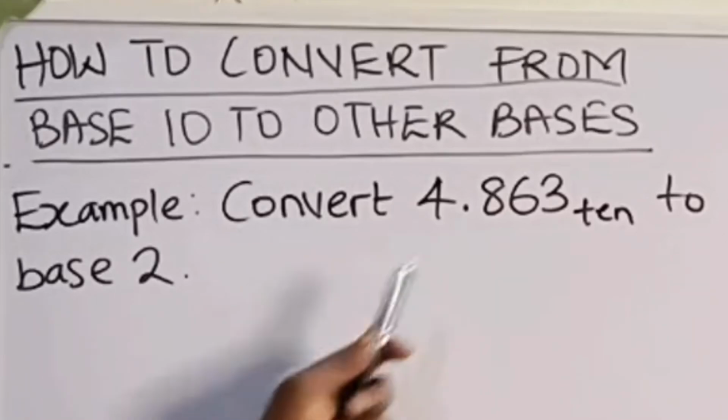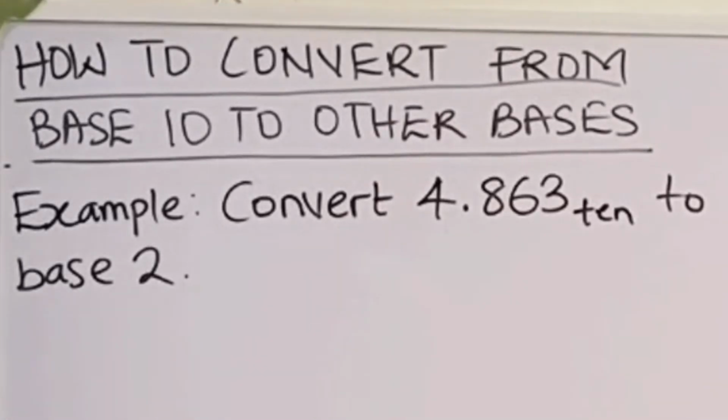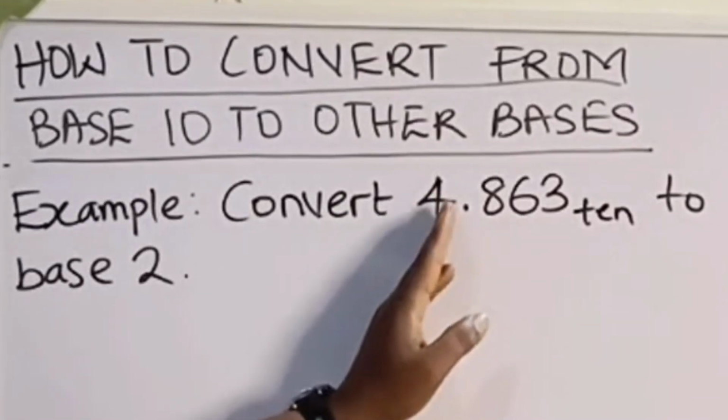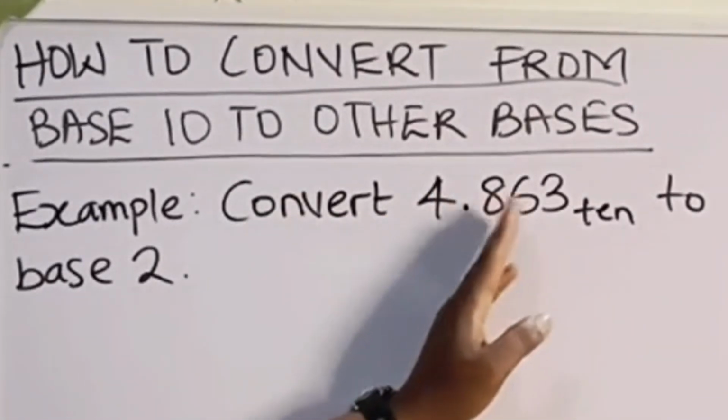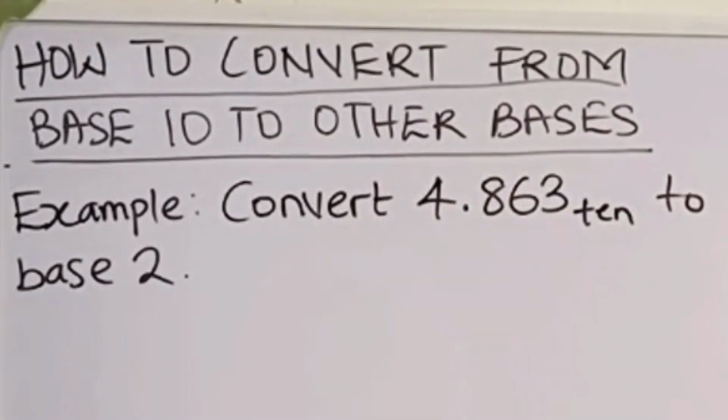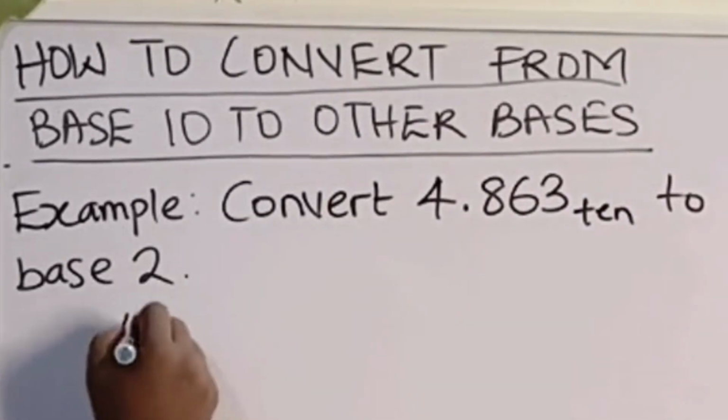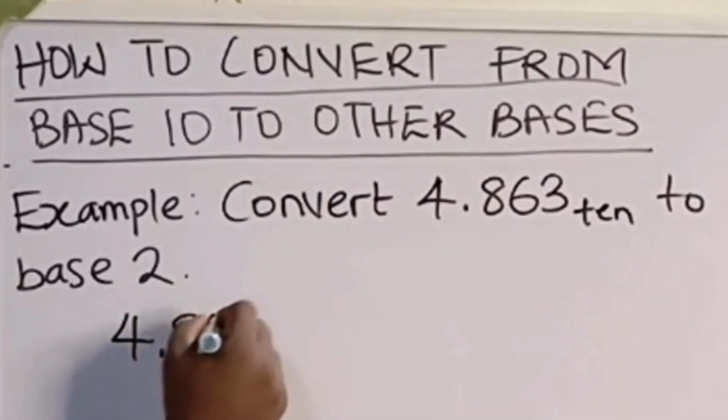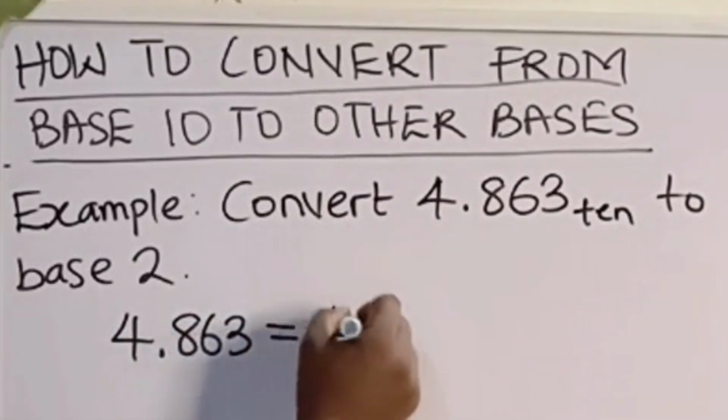So 4.863 base 10 to base 2. Let's see how far we can go with this. So now we can see that here we have a whole number, here we have a decimal. So what we are going to do is split them into 2. We know that 4.863 is equal to 4 plus